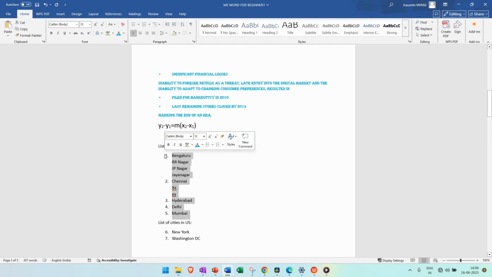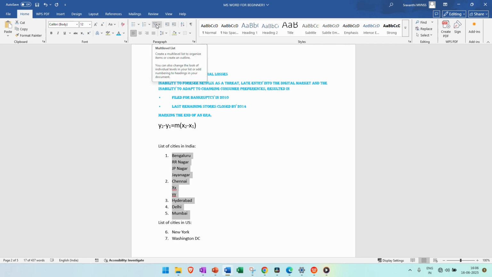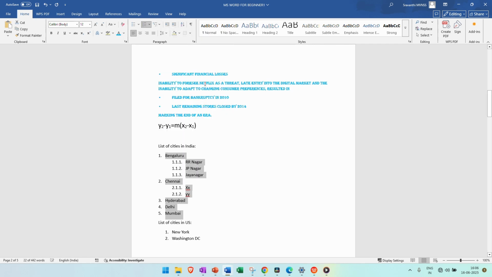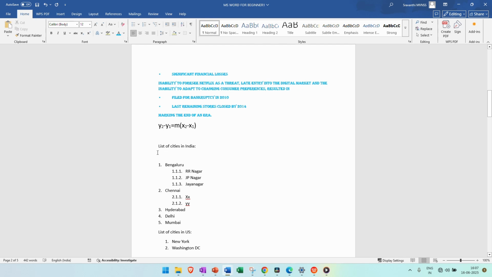Now let me select the whole thing and click on multi-level list, and let's say this is what I want to pick. If you see this right now, there's a concept called indentation. So how is this multi-level list identifying a list within a list? That is based on your indentation. Indentation is basically how you type your list. So if my first list is aligned from right here,